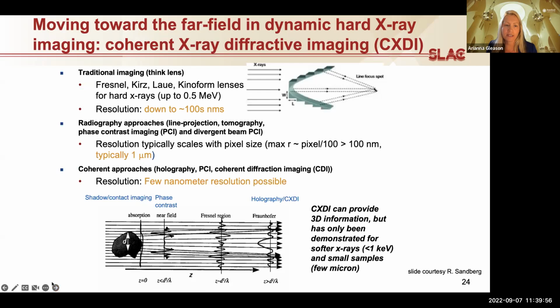So I'll take another little aside here. What we're going to do is look at these voids using X-ray imaging, and I wanted to comment that there's actually quite a range of different approaches for X-ray imaging. They're all very exciting. One aspect of an X-ray free electron laser, besides its brilliance and short pulse width, is its coherence. This is another laser-like property where it gets its name. The coherent properties of LCLS or any XFEL really enable a whole suite of what are called coherent diffractive imaging techniques. And depending on your optics and where you place your sample with respect to